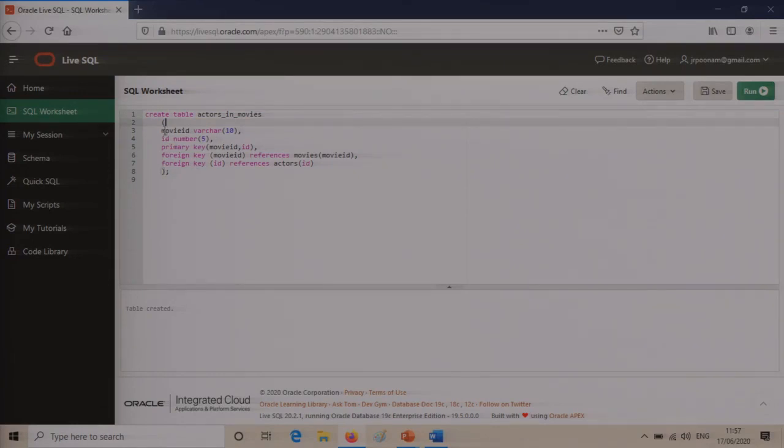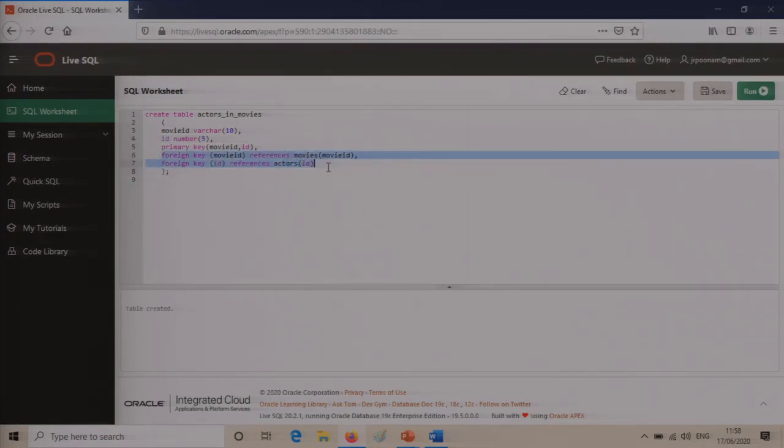Now there are only two things to be added, the primary key of movie and the primary key of the actors. So from the actors table, actor ID has been taken, and from movies table, movie ID has been taken. Okay, so from these two tables, the primary key becomes the foreign key, and that is what has been written here as references.